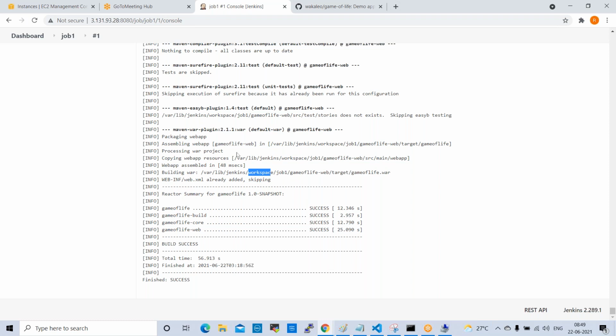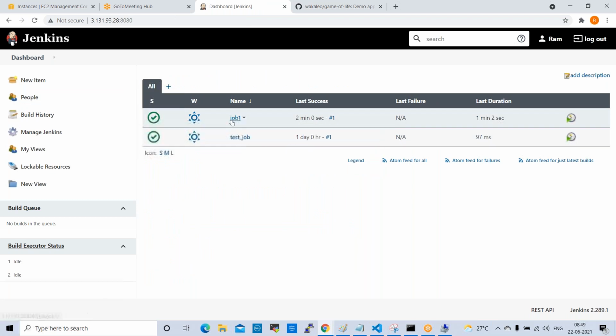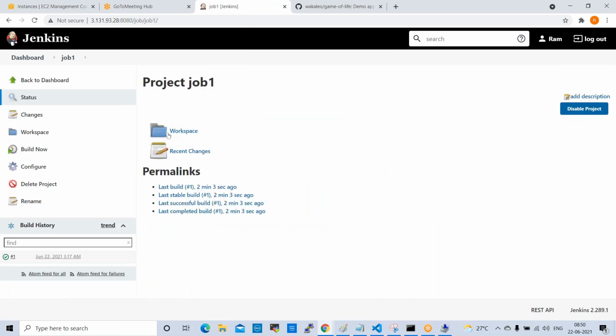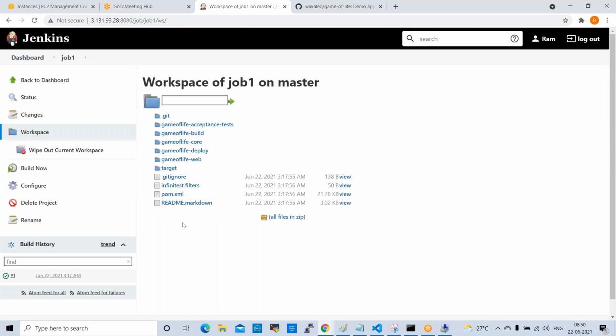Even graphical way also, we can check where this code is available. I'll show you where the code is available now. The job is success. The code is moved to Jenkins. Go to dashboard. Open this job. See here, this is workspace. One workspace is created. If you open this workspace, you will get the game of life code. So this is the game of life code, right? Our code is pulled from GitHub to Jenkins. Now the code is available in Jenkins. This is the code. Any questions up to here, anyone?